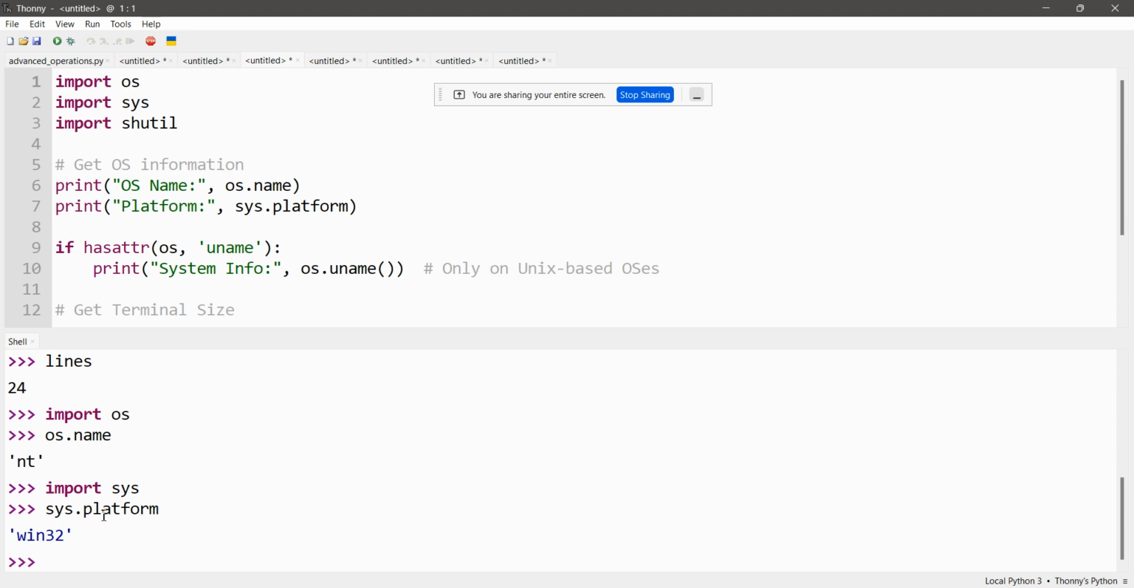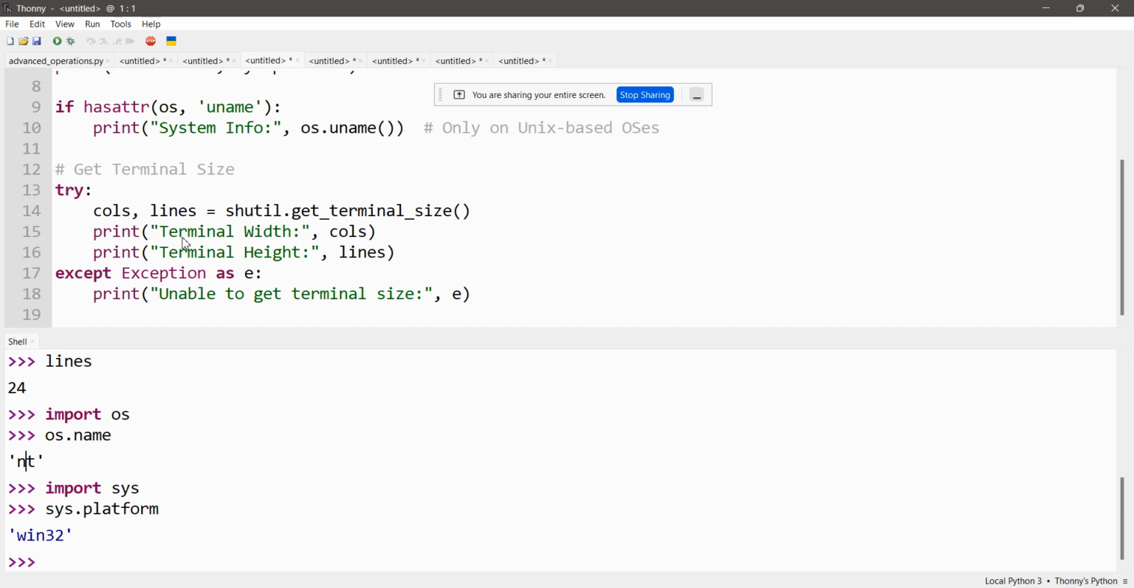Now we want to get the terminal size. So I want to get the size of the terminal and stuff. In the same way, we need to import the shutil.get_terminal_size, and this is going to get us the columns and everything from here. So if we run this program,